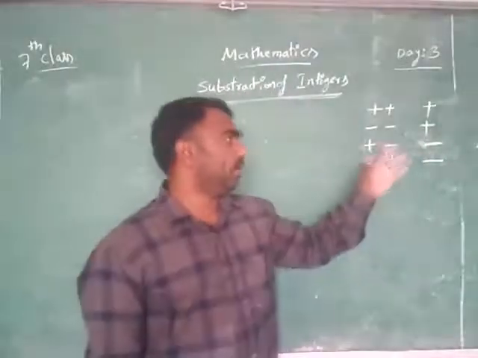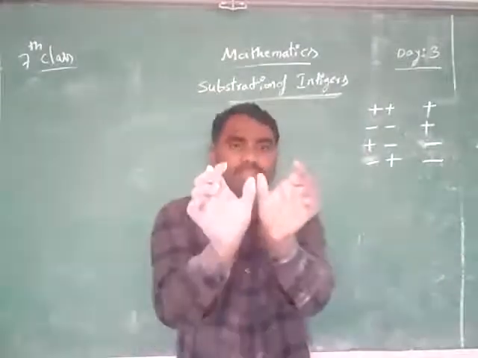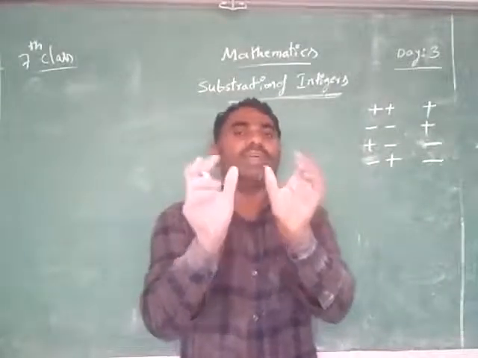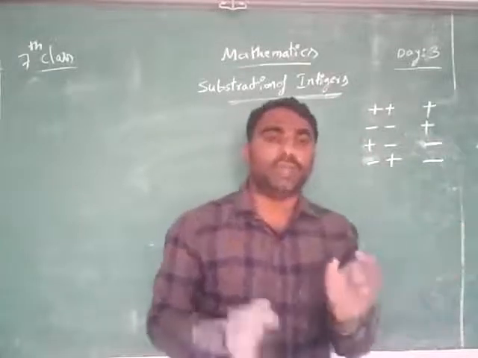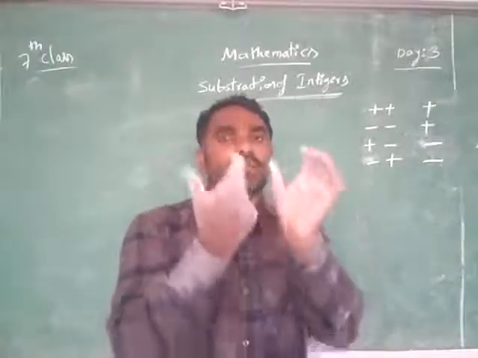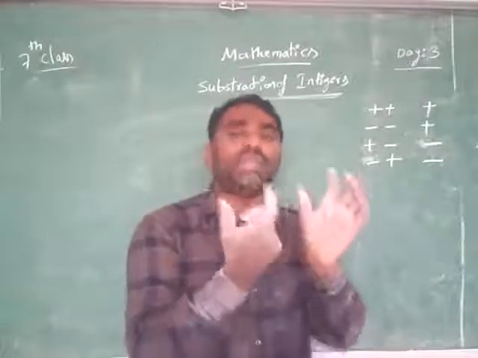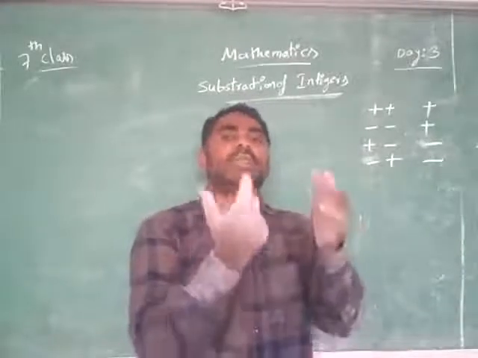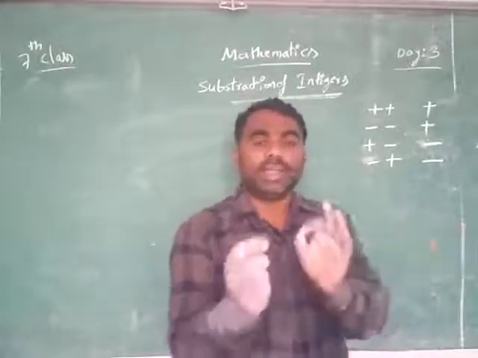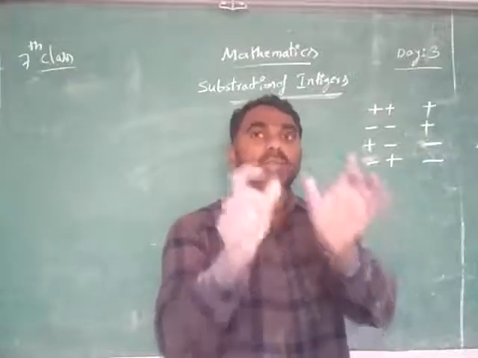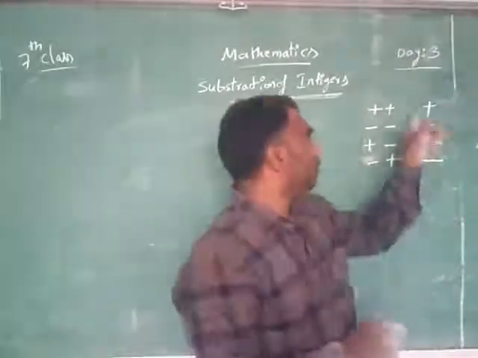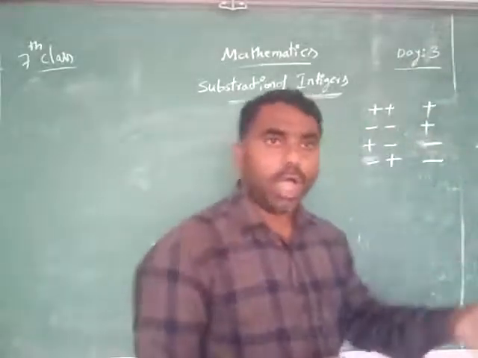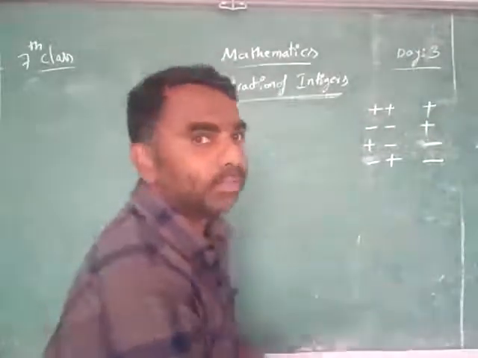When two symbols are side by side, we will get confused, so we can convert them into a single symbol. Not at any time, only when two symbols are side by side. Instead of these two symbols, we can write one symbol like this. Now we will write some examples.